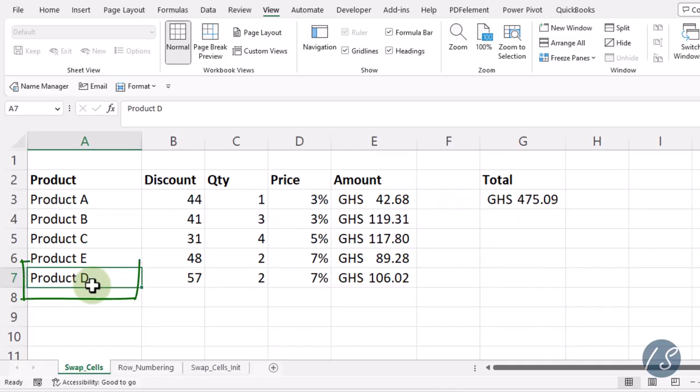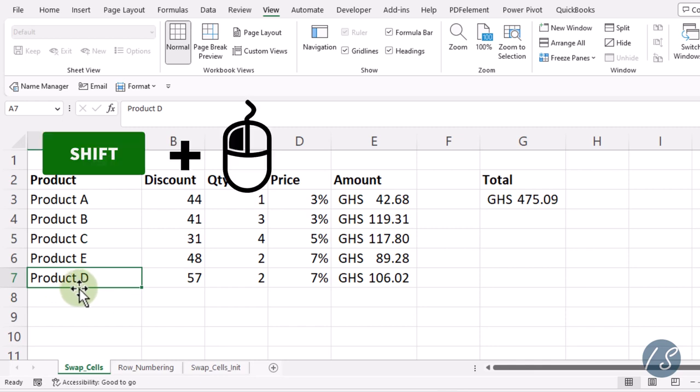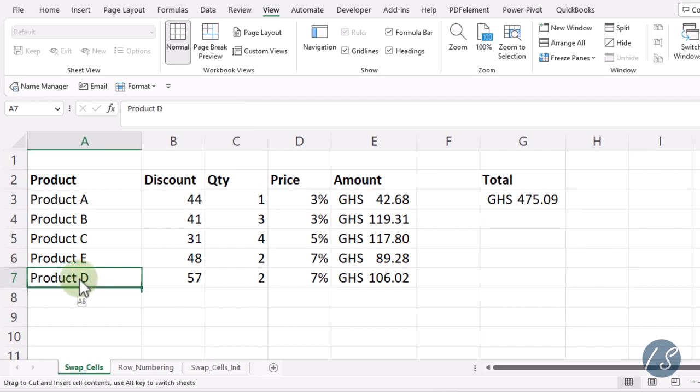To swap cells A6 and A7, select one of the cells. In this case, I've selected cell A7. Move the mouse to the edge of the selected cell until you see this black arrow. On your keyboard, hold the Shift key and then left click on the mouse button. Now, seeing this deep green line, move the cell up,